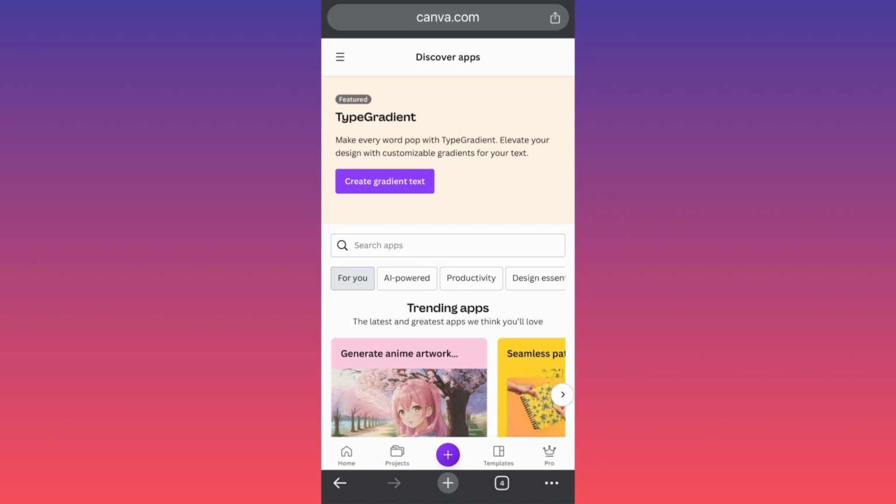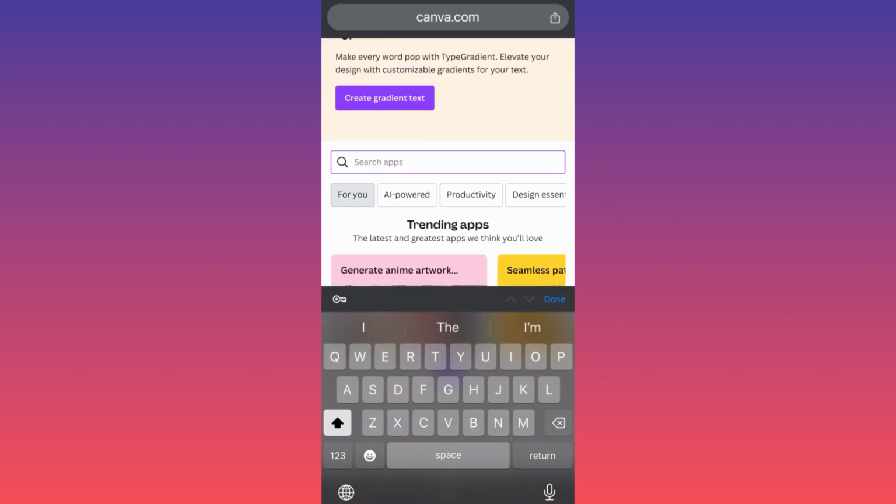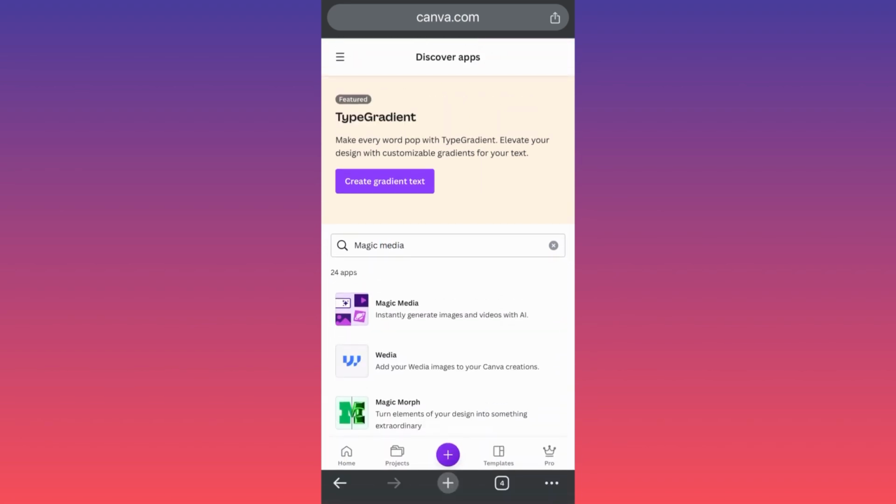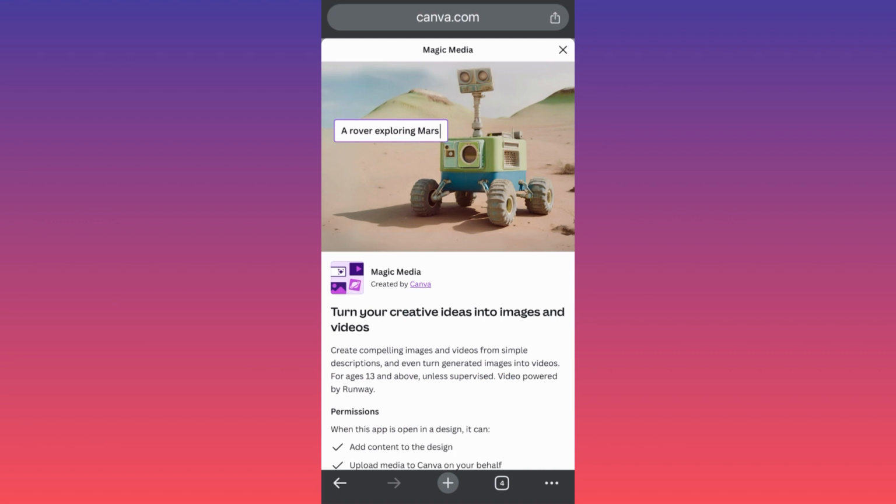All you gotta do is log in to your Canva account and then click on the upper left side of the screen, click on the three straight lines, launch the menu, and then click on Discover Apps. This is where we are right now. When you're over here on Discover Apps, you want to click on the search bar and you want to click on Magic Media. Okay, you want to select the first app over here, and then you want to scroll down